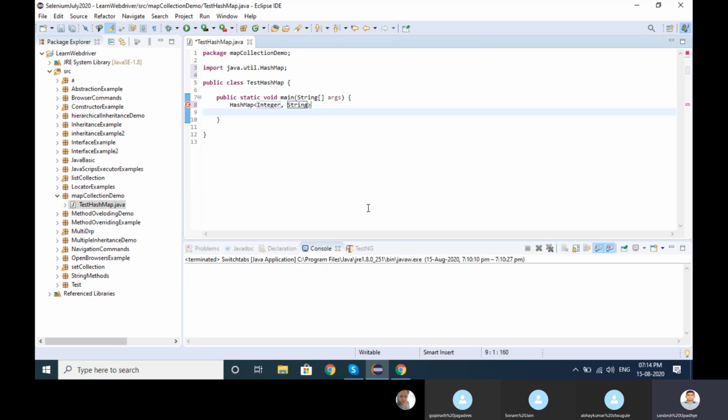I just combine two generics, integer and string. hm is equal to new hash map.